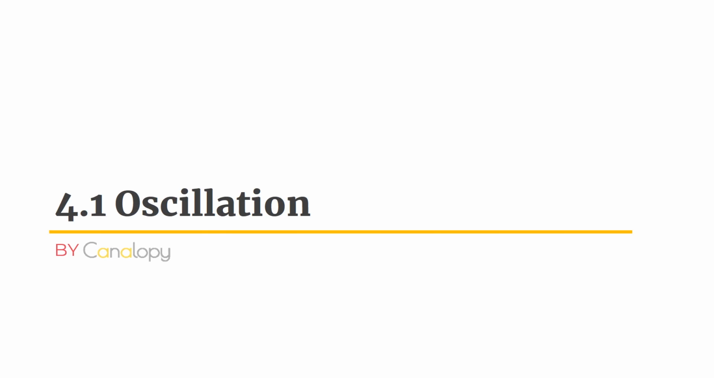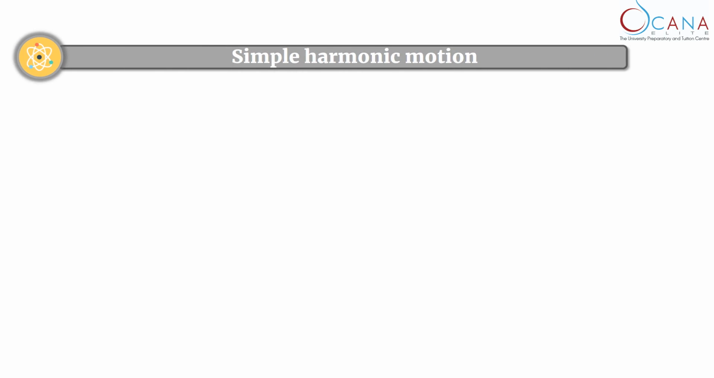This video is about IB Physics topic 4.1, oscillation, and we will talk about simple harmonic motion. One example of simple harmonic motion is a mass-spring oscillation. If I attach a mass to a spring, extend it by a bit and release it, from